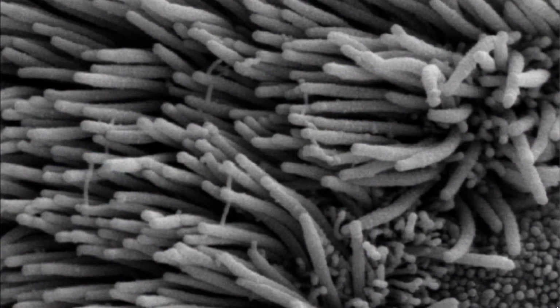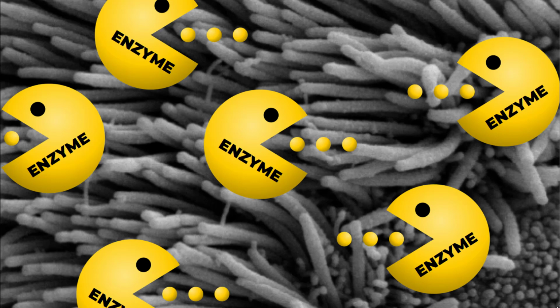Farther back in your nose, there are very tiny hairs called cilia. The cilia hairs are so small that they can only be seen with powerful microscopes. The cilia help trap even smaller specks of dirt. They move back and forth through the mucus lining in the back of your nose. The mucus lining contains enzymes. Enzymes are like tiny Pac-Mans that break down remaining pollutants and with the cilia stop the pollutants from getting farther